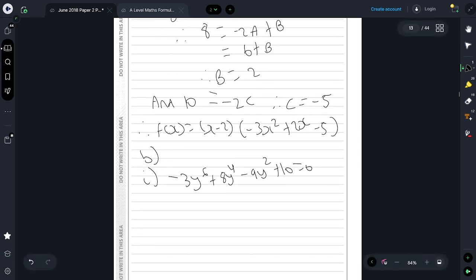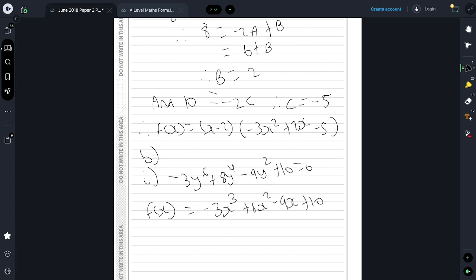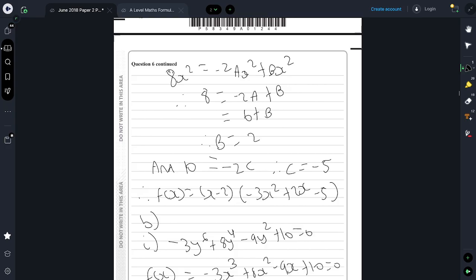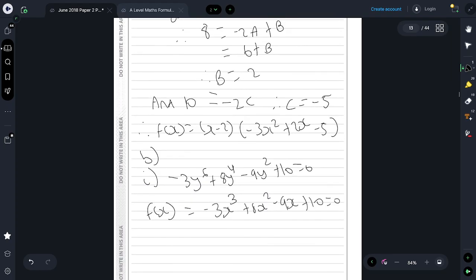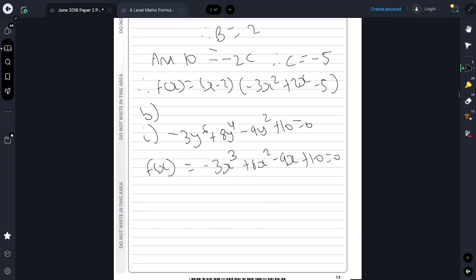Well, notice how f of x, our original, was minus 3x cubed plus 8x squared minus 9x plus 10. That was the original f of x, right? Here, minus 3x cubed plus 8x squared minus 9x plus 10. Notice the difference. What are we doing here? So the x's and the y, the variables don't matter. But essentially how we get here is saying y is x squared. All we're doing is doubling each power. That's all we're doing. So then if we substitute this into here,